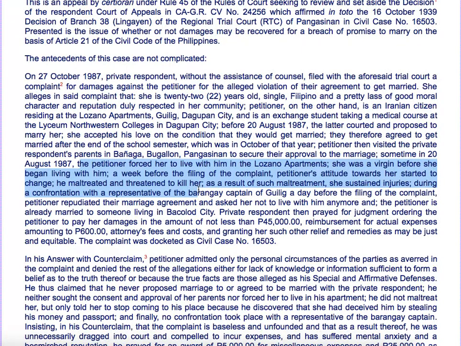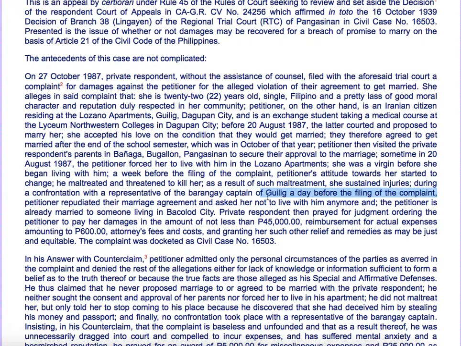Essentially, hindi pala ganun. The intentions of this person is not as pure. Why is that? A week before filing the complaint, petitioner's attitude towards her started to change. Maltreatment, threatened to kill her, and the result of such maltreatment, she sustained injuries. Okay,